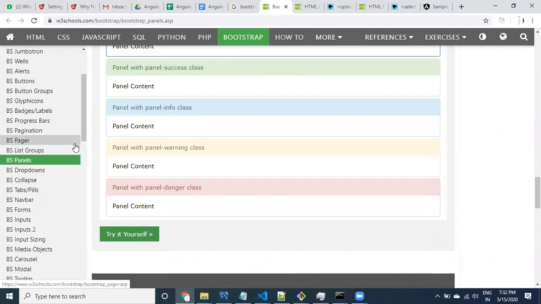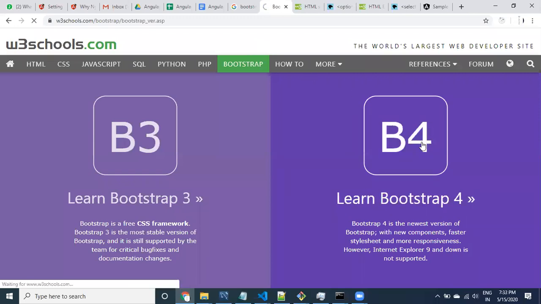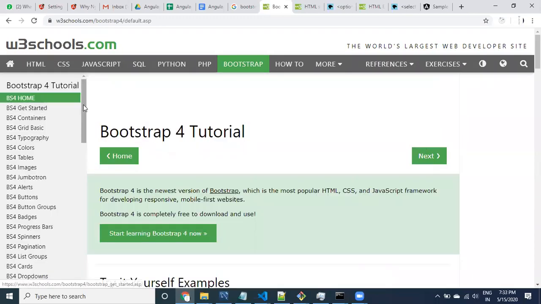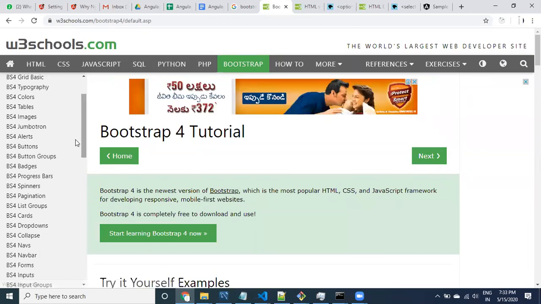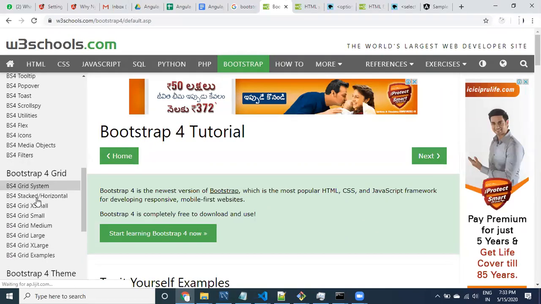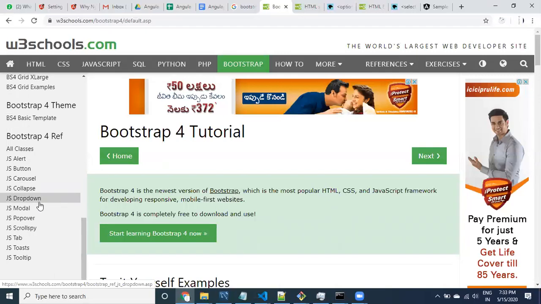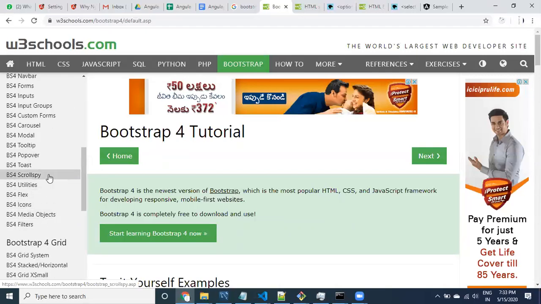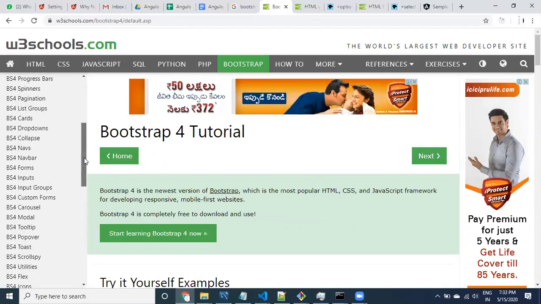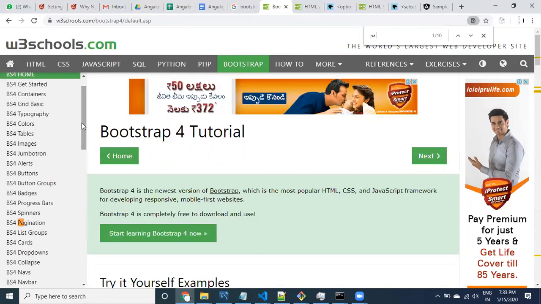Okay, remember that. That's why if I click on Bootstrap and go to Bootstrap 4, you can click on Bootstrap 4 and then say, what is it? Panels, right? Check this, cards to pagination. Panel is not there.